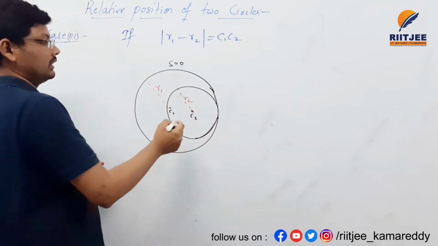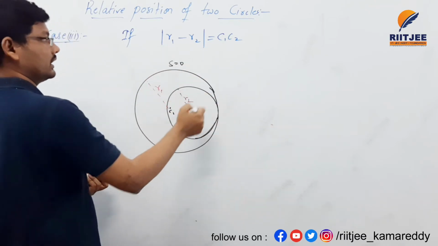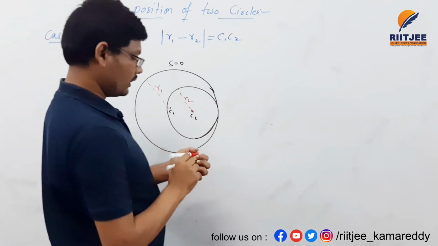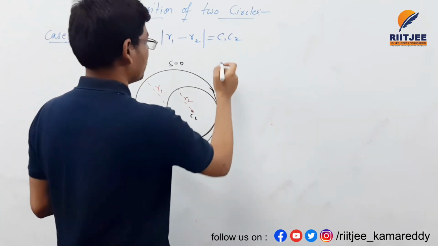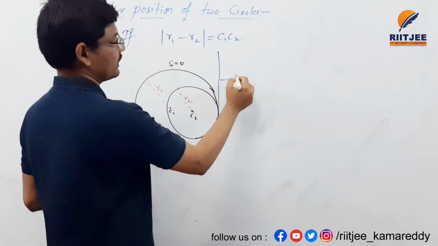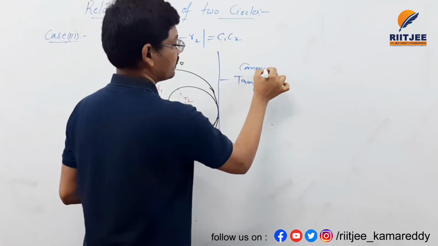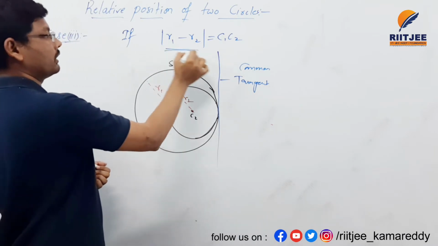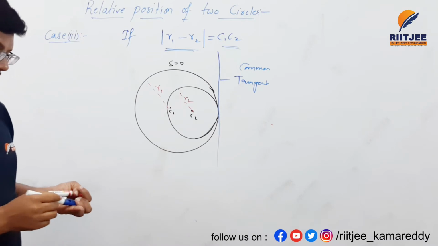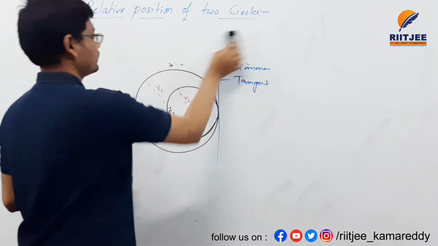And here, when the difference between these two radii is equal to the distance between C1 and C2, only one tangent is possible for these two circles. This is the only one common tangent possible when the difference between the two radii is equal to the distance between the centers. This is all about case number 4, and case number 5 is